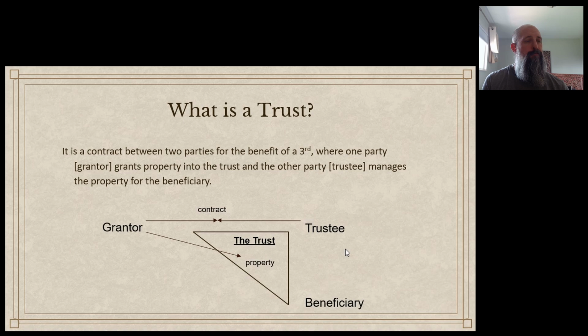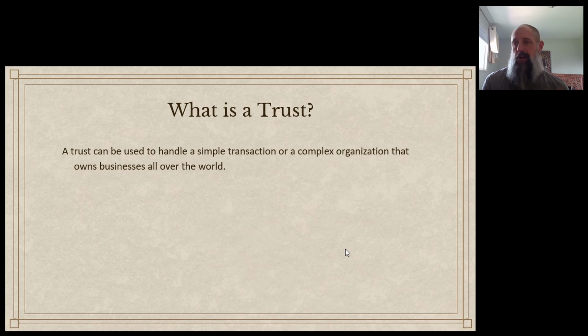Now, a grantor, as part of the trust, has to give property to the trust. They have to grant some kind of real property into the trust. And depending on the venue of the trust and what type will dictate what type of property can go in. But nevertheless, whether you have a statutory trust or a common law private express trust, the grantor is putting something in it.